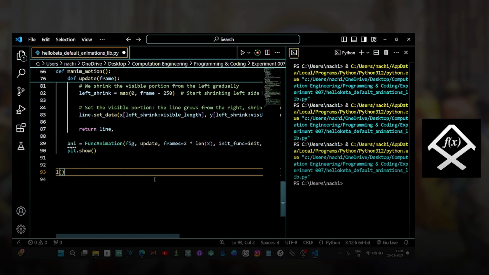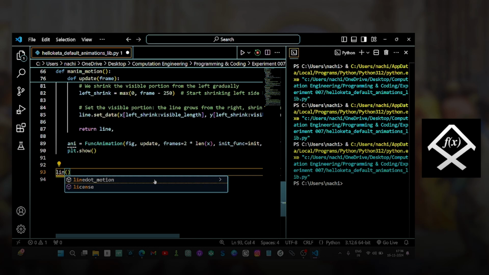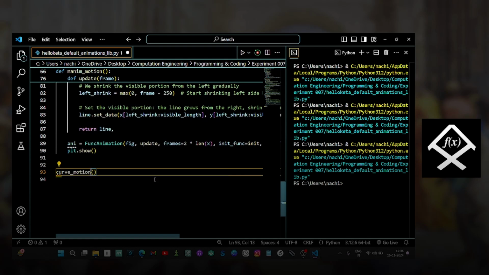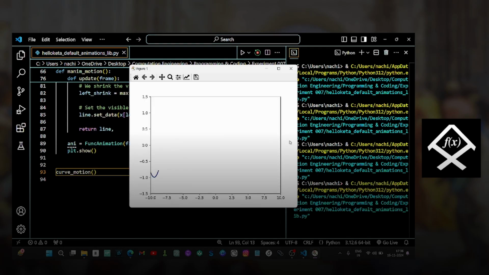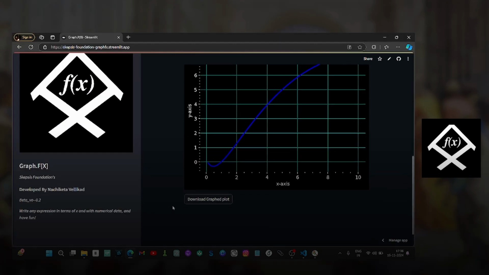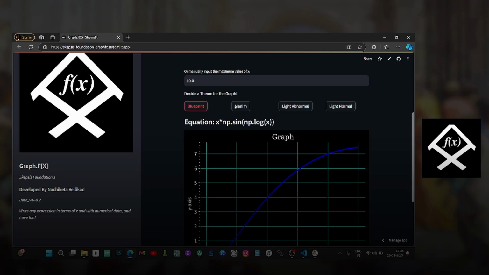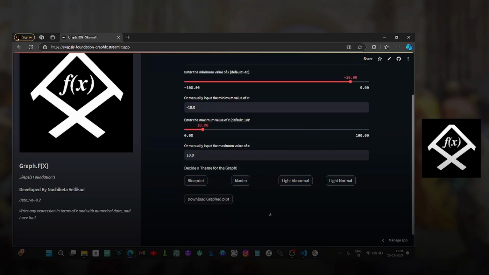The last one must be the line dot, no, dot line dot manim. There is the curve animation. Yes, I forgot the curve animation, which basically just gives you the curve, but it's like manim but more basic. And additionally with this layout, you can also add the themes that we have: blueprint,